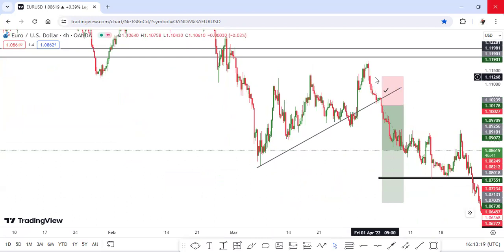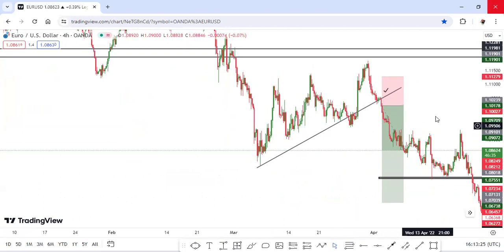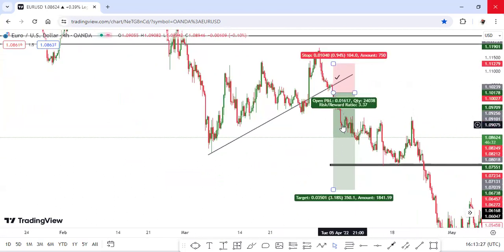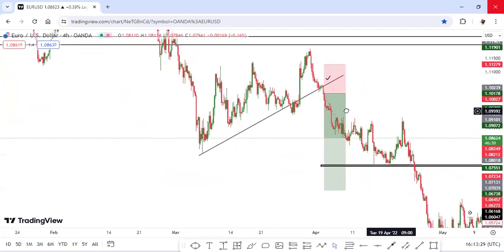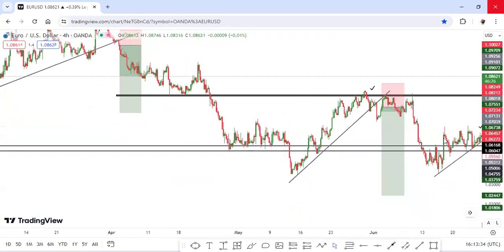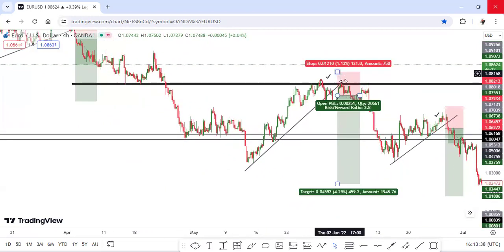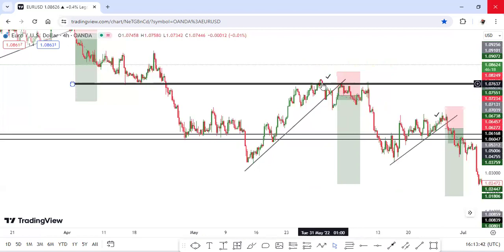When the market finally broke below it and closed below it significantly, this is when I hopped in. I hopped in for a sell here, and this is about 1:3 thereabout. You can also see how I've been able to use this strategy over and over again. You can see how I draw my trend line properly, and the market broke below it, came back to retest. But whenever it came back to retest,